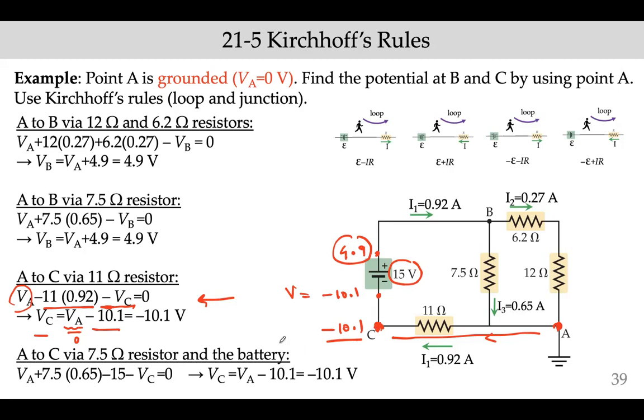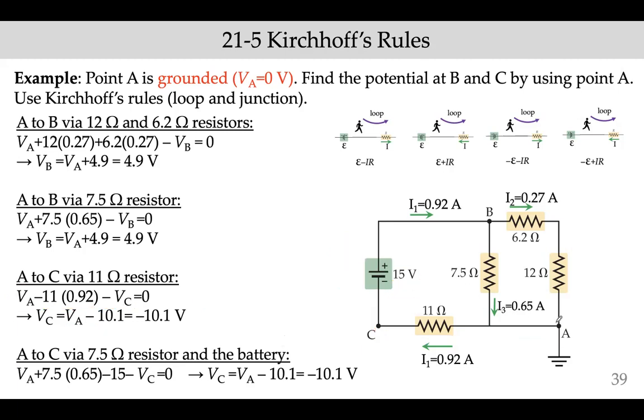Okay, finally, what we are going to do is we will start from A and we will go over this resistor, and then we will go over also the battery to reach C. So we start from point A, we are going to write VA. The starting point comes with positive sign, and then we go over this resistor, so it will be 7.5 times